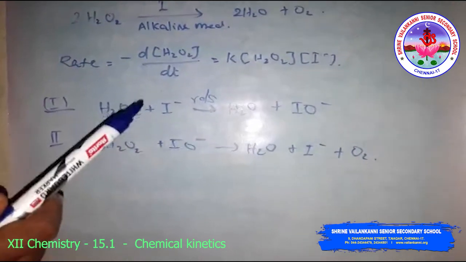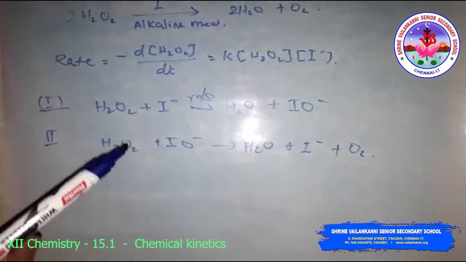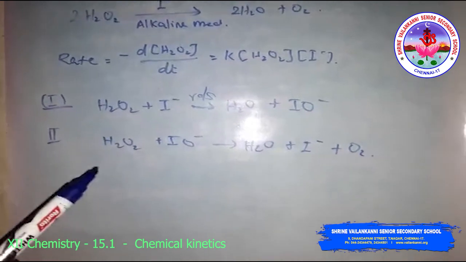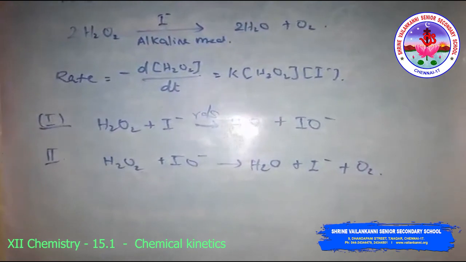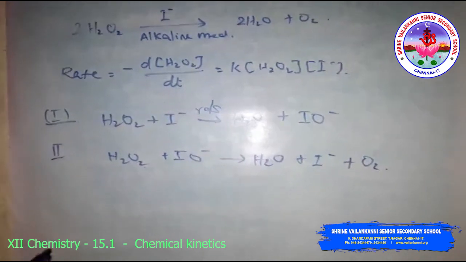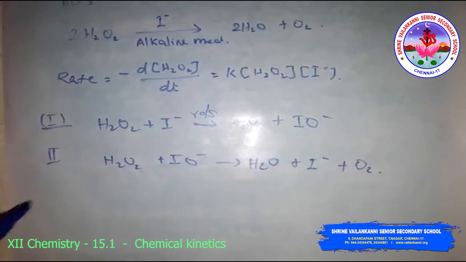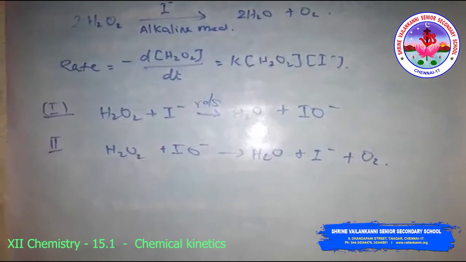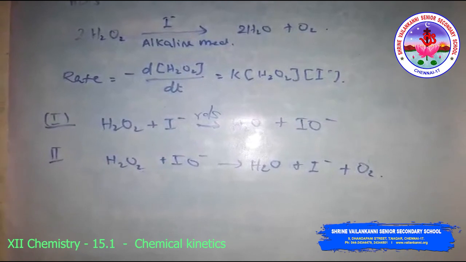The order of the reaction is an experimental quantity. It can be 0 and even a fraction, but molecularity cannot be 0 or non-integer. Okay, the order of the reaction can be 0, fraction, whatever it is, but the molecularity of the reaction can't be 0 or a non-integer. Then the order is applicable to elementary as well as complex reactions, whereas molecularity is applicable only to elementary reactions. For a complex reaction, molecularity has no meaning.